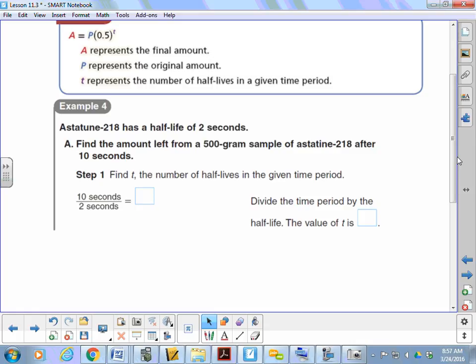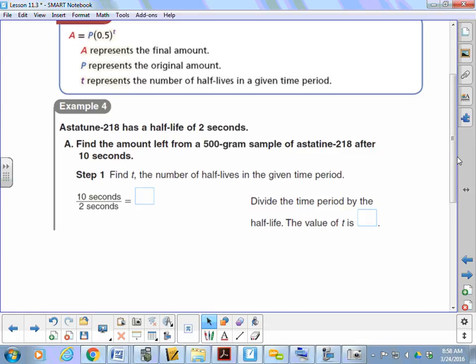If you're taking cold medicine, it depends on the cold medicine, right? Why do they tell you that? They tell you that because it breaks down in your body over a certain amount of time, and it's gone, so you can take some more because it's gone out of your system. Same type of thing, okay? That's why they give you that time frame, because they figured out that's how long it takes for it to last in your body. So, it says find the amount left from a 500 gram sample,